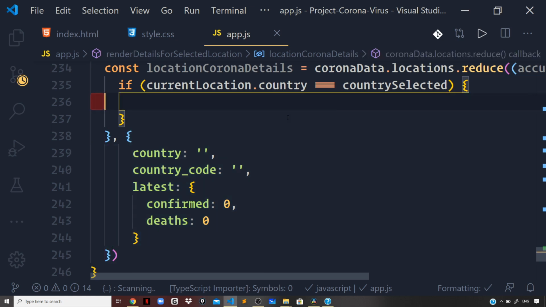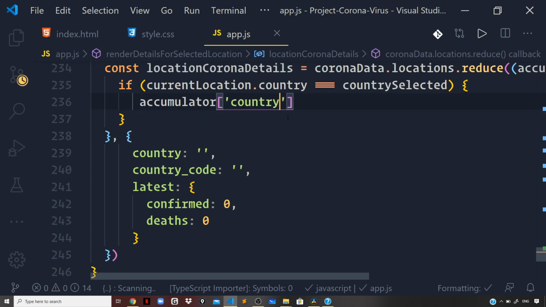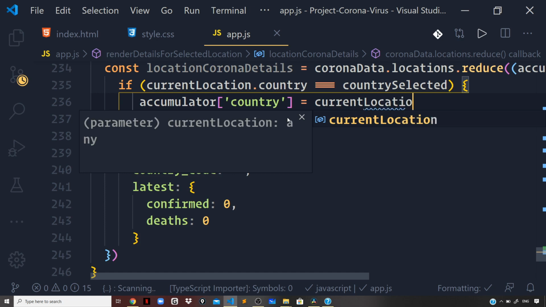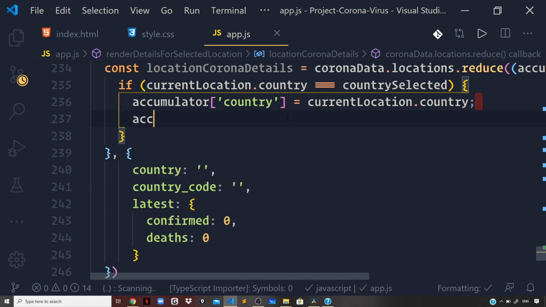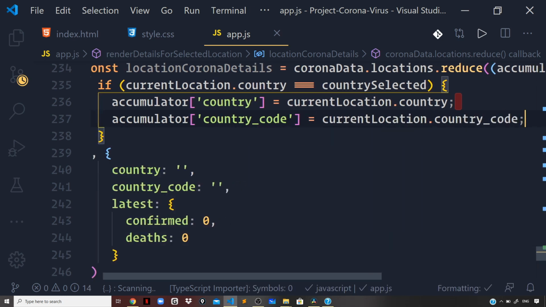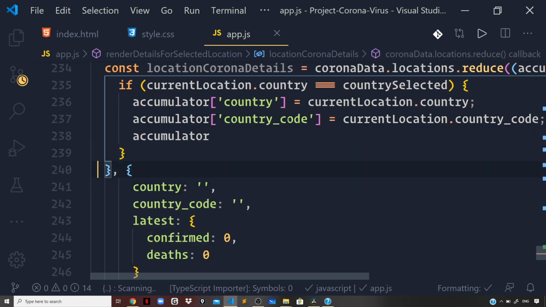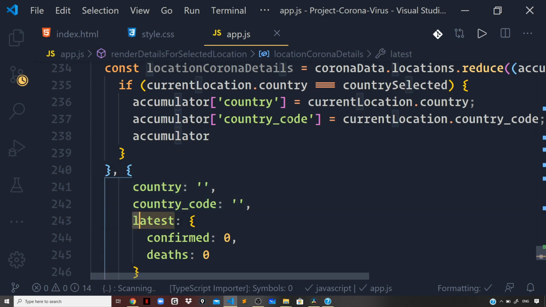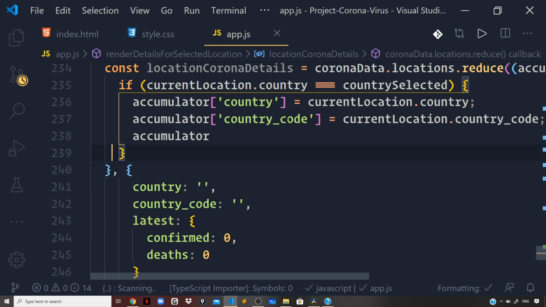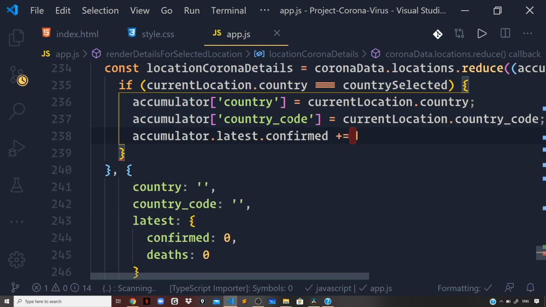Okay, so we can say accumulator, and we will set the country to current location dot country, and accumulator country code will be current location dot country underscore code. And then I will say accumulator. So this is the accumulator, the initial value, and you can access the latest key on that. So accumulator dot latest dot confirmed plus equal to, because we will be updating the value with each iteration for